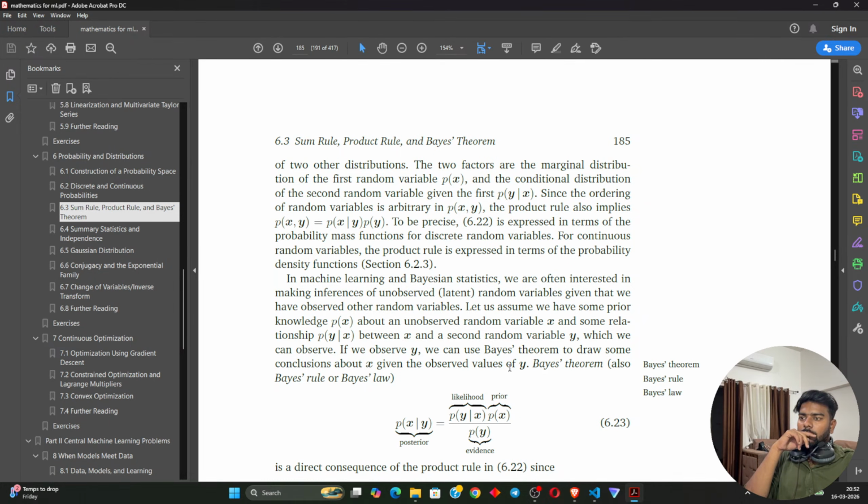Given the observed value of y, Bayes' theorem, या Bayes' rule और Bayes' law, Bayes' theorem चाहे बोल लो, चाहे इसको हम लोग बोल सकते हैं Bayes' rule और बोल सकते हैं Bayes' law। p(x|y), जो कि है posterior, is equal to p(y|x) p(x) upon p(y)। ये हमारा likelihood, ये है prior और ये है evidence।